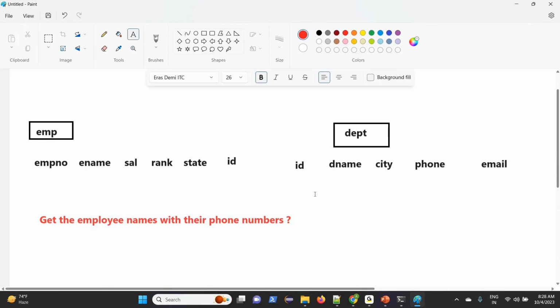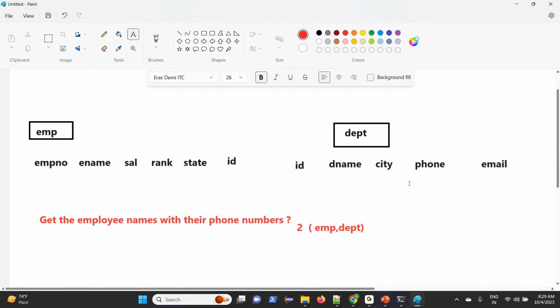So you understanding the requirement is very clear. We use 2 tables because why? Employee name is available in the employee table and phone is available in the department table. You said 2 tables. What are the 2 tables here? Employee and department table. If we have 10 tables, you can say 10 tables. Same concept.